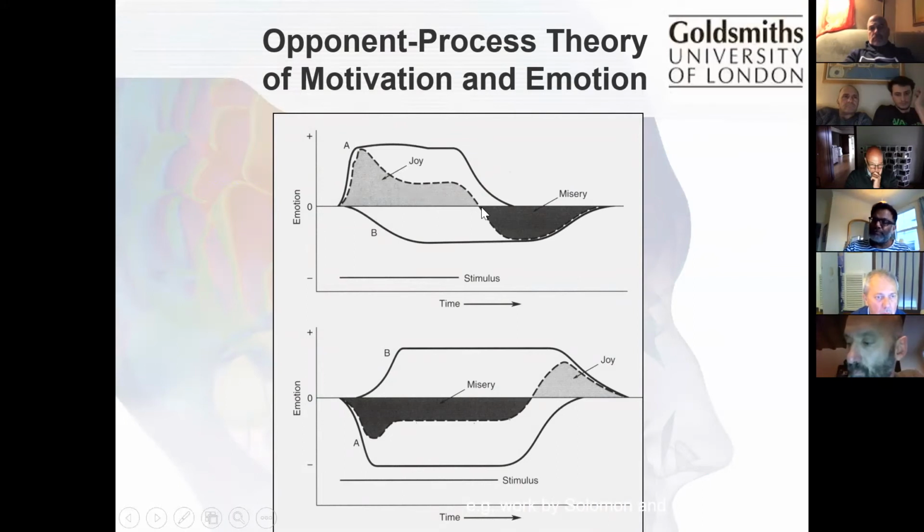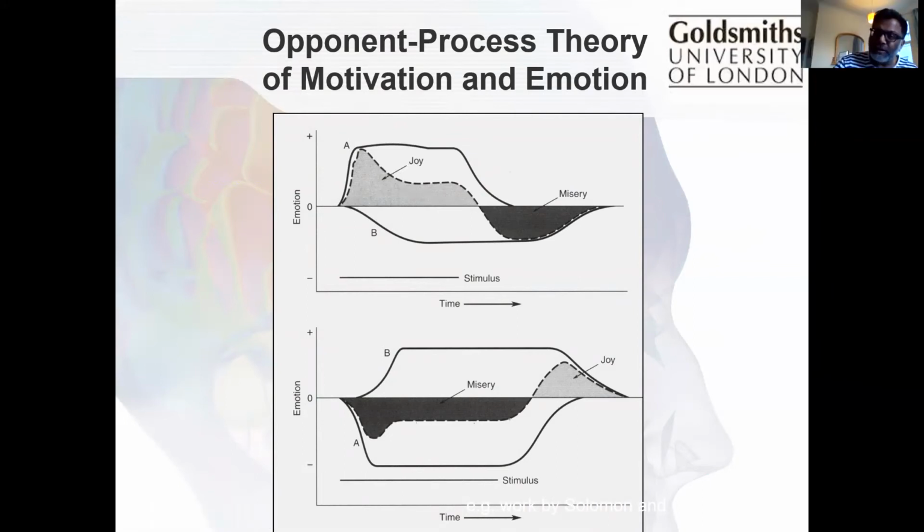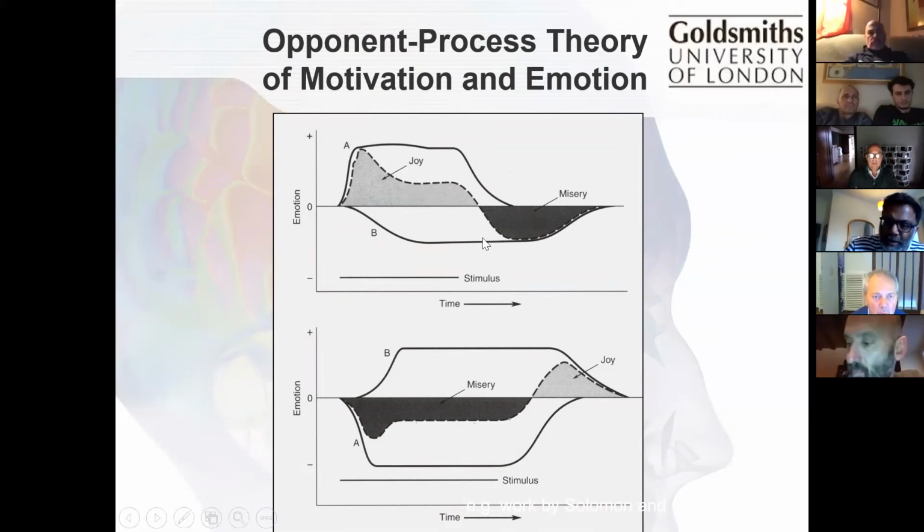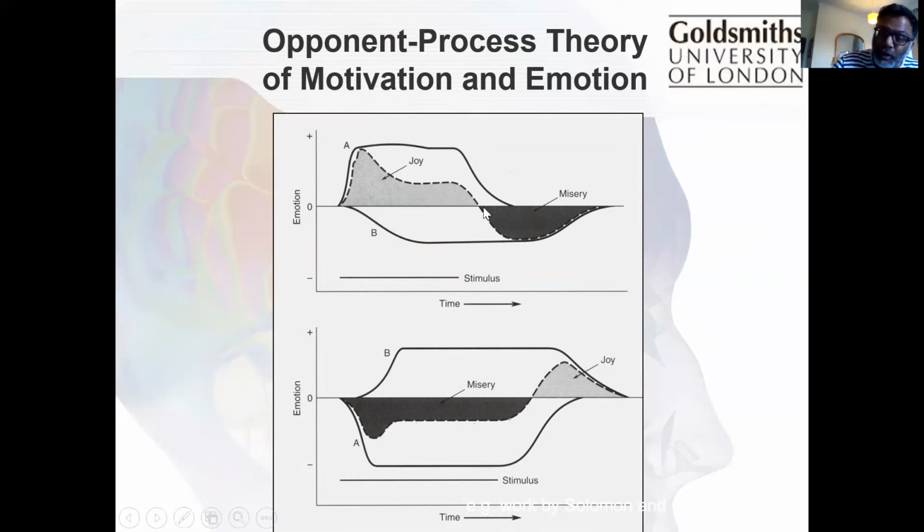So our system is biologically set up to bring us back down, and so it creates this opponent process, which is that feeling of feeling a bit blue or bored after we've done something exciting. So we have the exciting or pleasurable effect first, and then we have the negative side effect